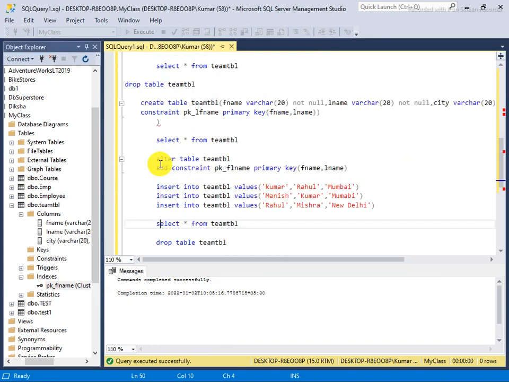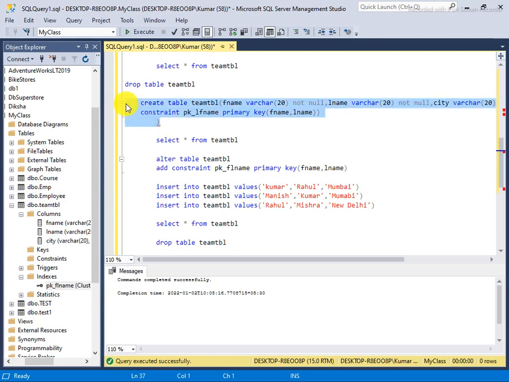It's similar to the primary key, but the only difference is that a primary key cannot have a null entry. Not a single time can a primary key accept a null value. A primary key always needs a value, and a unique value.